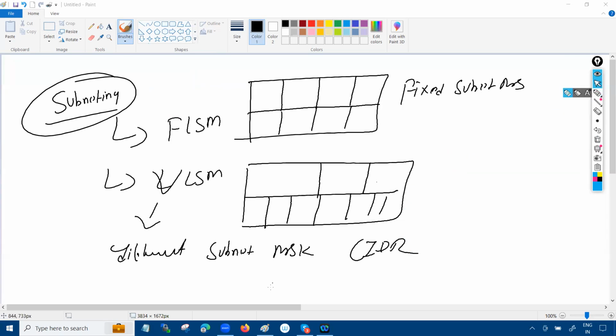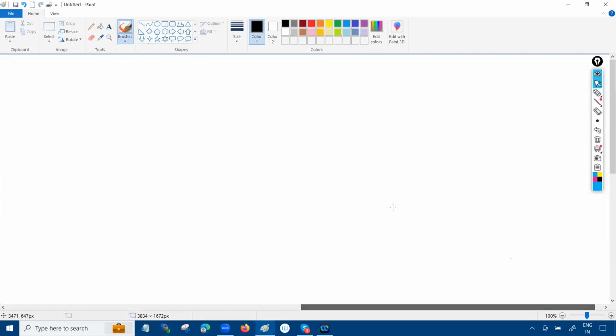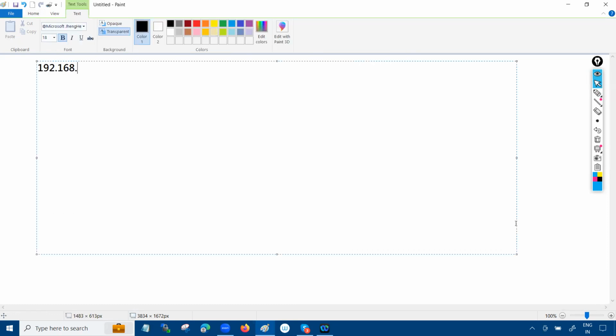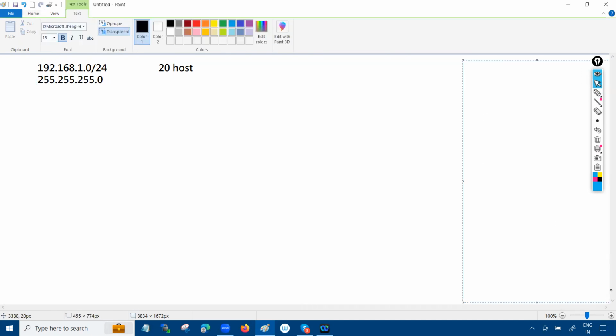Then after that, we saw one of the subnetting questions that we discussed, right? So take the example 192.168.1.0/24, and we had a requirement of 20 hosts. The subnet mask for this is 255.255.255.0. And let me write on the